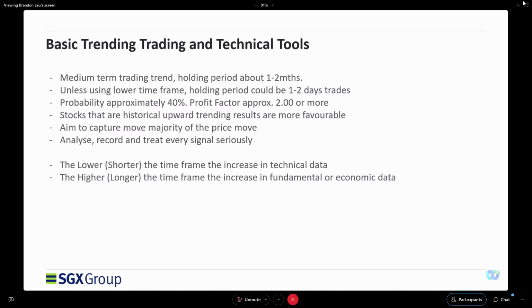This is just a general rule. The shorter the time frame that you are trading, 1 minute, 5 minutes, which I used to trade myself, use purely technicals. The lower the time frame, the more technicals. The higher the time frame, you will see a good mix of technical and fundamental or economic information. So in a particular economic environment, we use technical analysis to identify the trades that are in line with this economic or fundamental structure of the current economy.